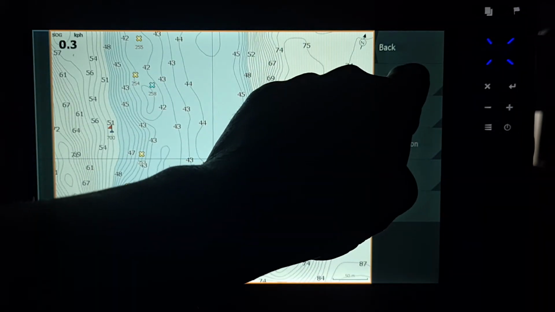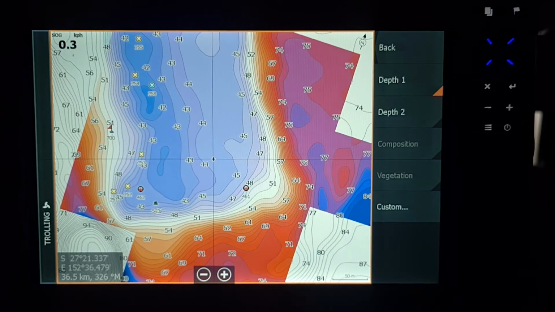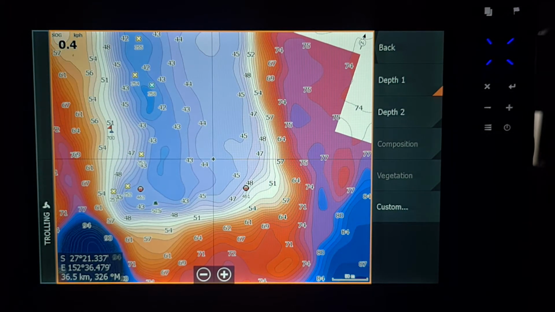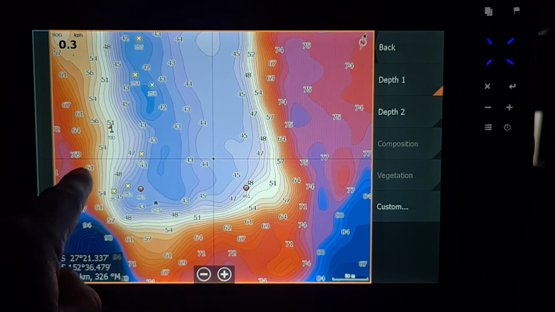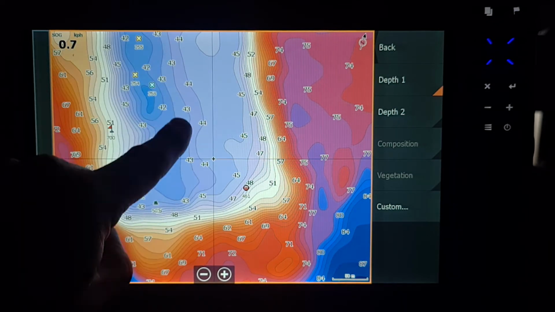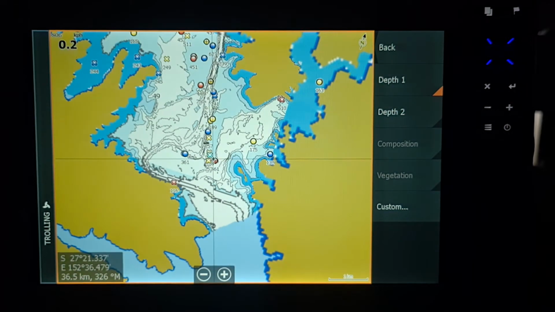So we're going to go depth 1 because that's what we've just set. So we'll go to depth 1. Let that sort itself out. Now you can see there's a lot of colours going on here. You can really see that drop off now on either side. This area flattens out, and this is a big point that's quite flat, and then you can see some really deep points here. So as I zoom right out,